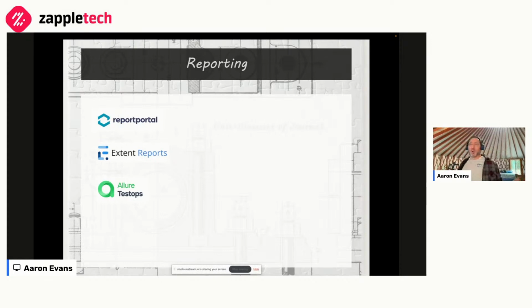Your tool, Cucumber or Cypress, or your framework like Serenity, may have built-in reporting, but there are specific tools that you can plug in for reporting. Report Portal itself is a cloud service that makes it easy to upload your test results and analyze them there. But then there are open source and commercial services like Allure reports and Extent reports that you can plug into your system. TestNG has some reporting services, as well as a bunch of tools built on top of that.